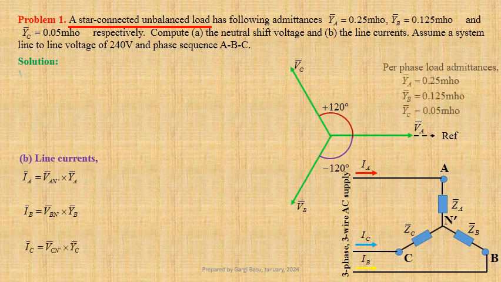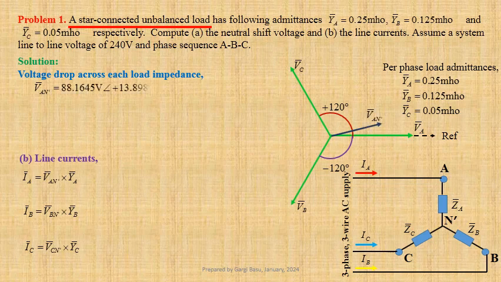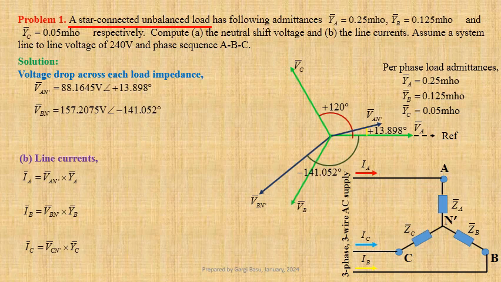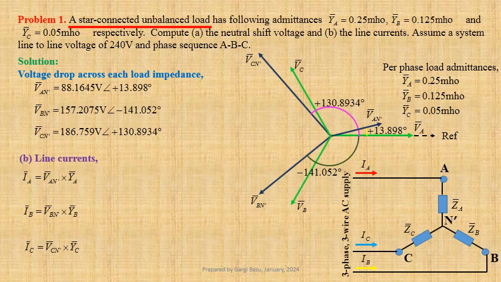We have obtained voltage drop across each load impedance: VAN' equals 88.1645 volt at an angle plus 13.898 degree, VBN' equals 157.2075 volt at an angle minus 141.052 degree, and VCN' equals 186.759 volt at an angle plus 130.8934 degree. Using values we get IA equals